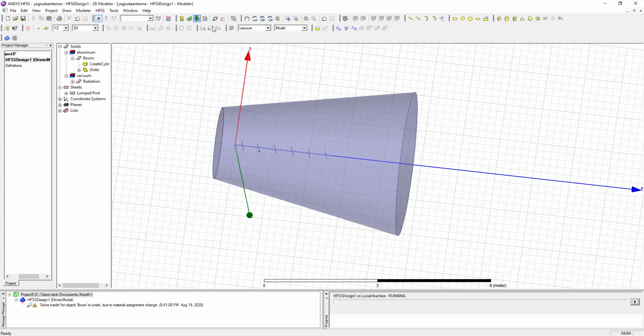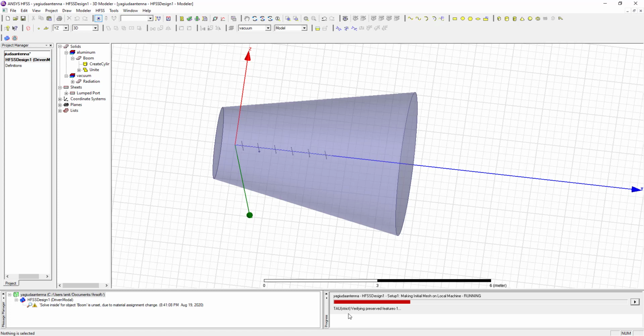Now in the progress window you can see the analysis taking place. This will take 5 to 10 minutes according to the complexity of our geometry. For this we have to wait.